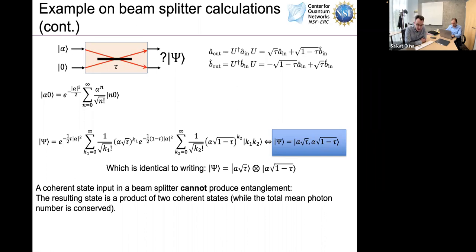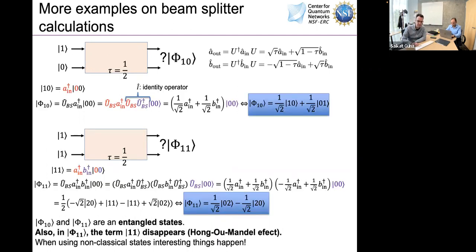Another interesting thing that happens here is that I used a beam splitter, and I used a classical state. I used a coherent state. Okay, and that's why I don't see interesting things going on. Okay, for example, I didn't create entanglement here. You cannot create entanglement with coherent states in beam splitters. You have to do quantum stuff to get entanglement. And this is exactly what I'm doing here. Okay,